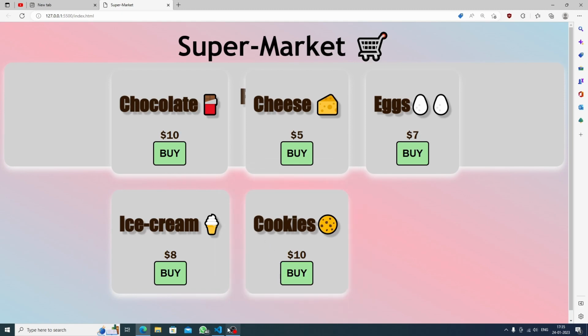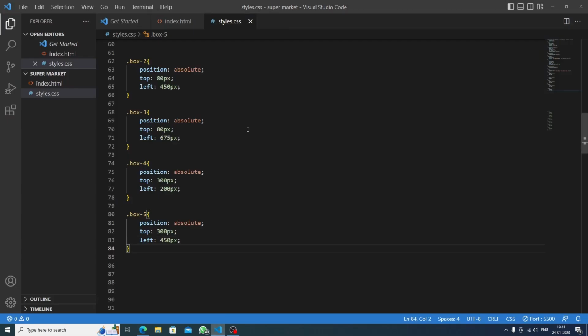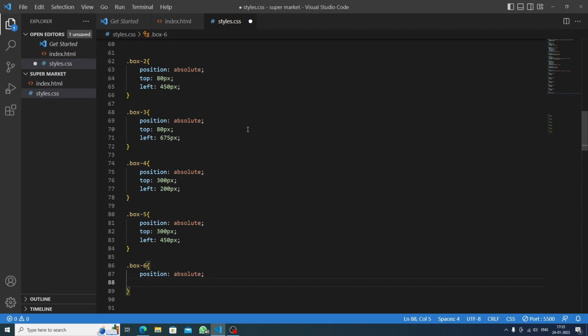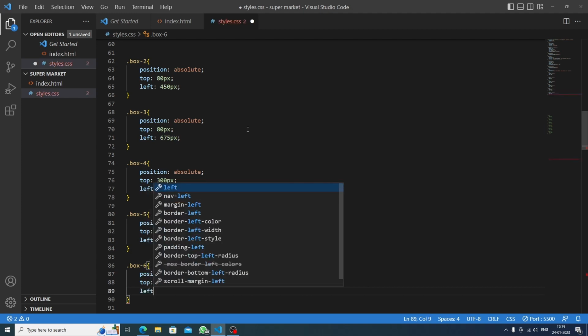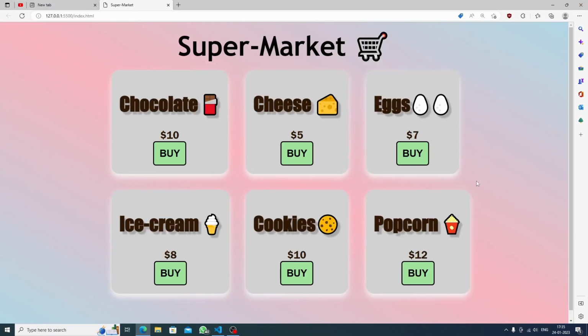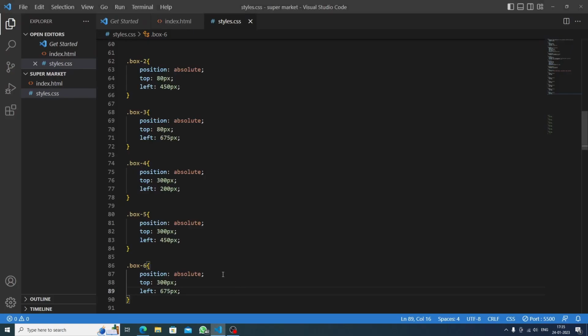Okay, this is done. This is perfectly done. Now we will just target the last box, which is the box 6, and we can have position absolute, and we will go with the top, and let's do 300 pixels. From the left side we can have 675 pixels because we have already done above. Okay, then we are perfectly done with our supermarket store,